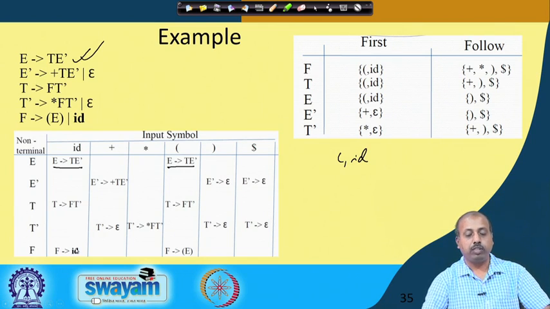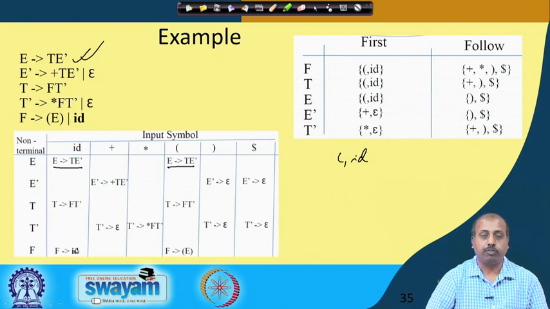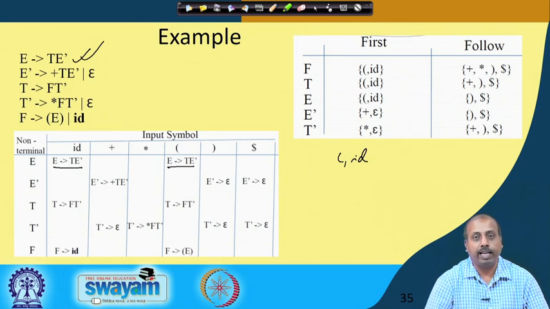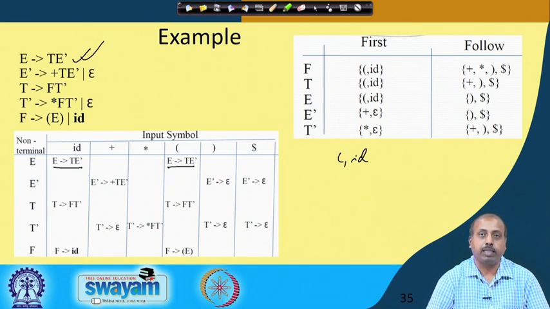So, the simple rule is: wherever you have the first set, look into the first set, and for whatever symbols are coming in the first set, you add the rule at those points. And if the first produces epsilon, then whatever is in the follow of the non-terminal, for all of them we add the rule. So, that is the straightforward rule for producing the predictive parsing table. We will see how we can use it for this parsing job.